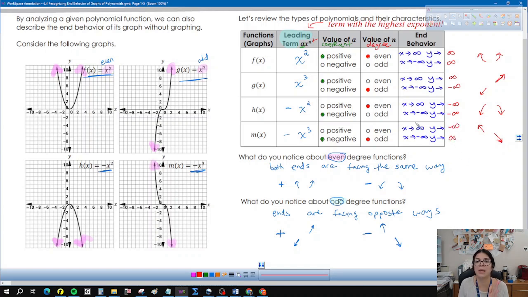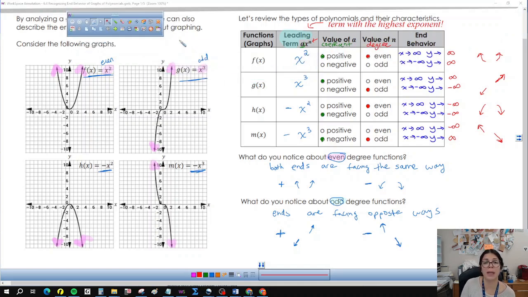So this is the end behavior for all four possibilities of what could happen. Even, odd, and then positive, negative, positive, negative. So that is the end behavior, okay? Now you determine the end behavior. These were very simple because they were all monomials. They were the simplest version of that type of